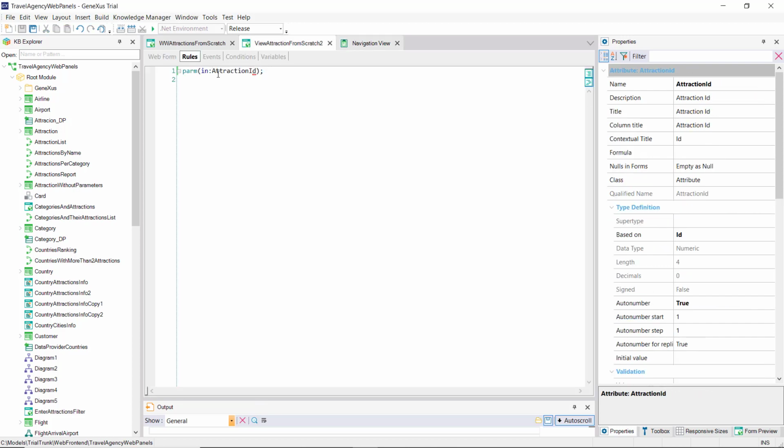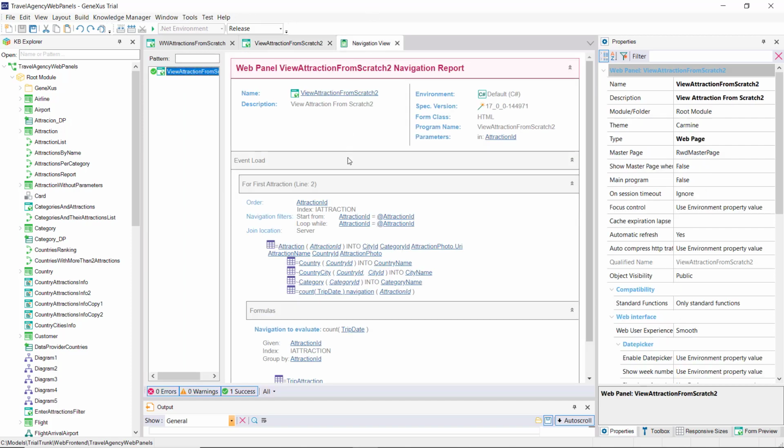The conditions, either implicit because they are received in attribute in the parm rule, or explicit because they're specified in the panel conditions, are taken into account to filter the data only after the table to be navigated, and the tables of the extended table to be accessed are determined. It's only there, if necessary, that these filters are applied.